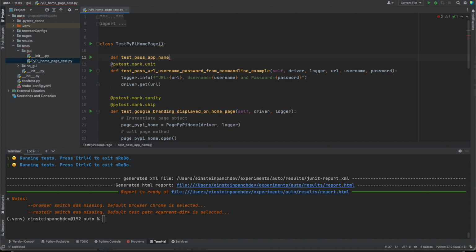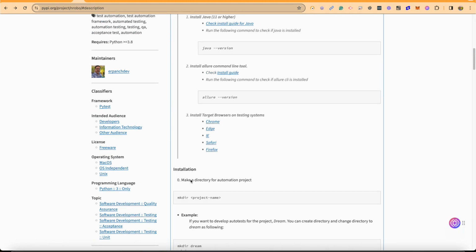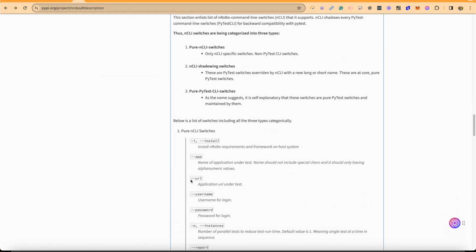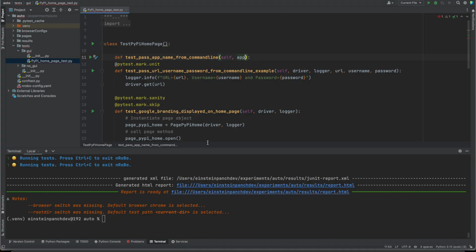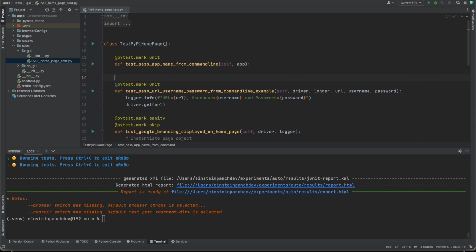Pass app name for home command line and get driver and logger instances and app parameter. The app fixture will be doing this, passing the app parameter from the command line. So let's mark this test as unit test and